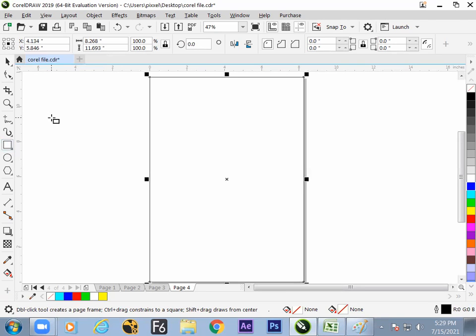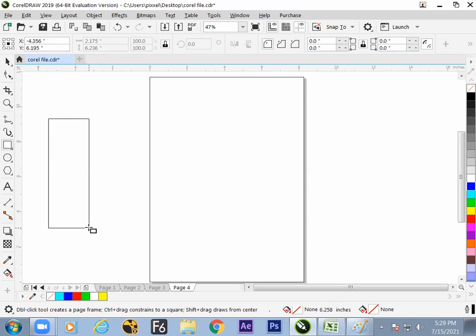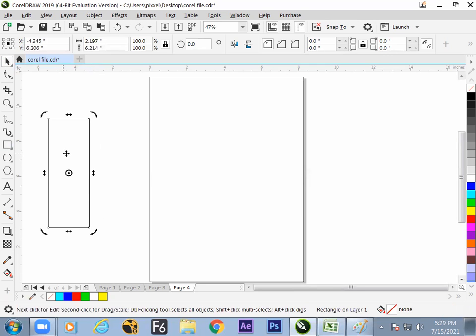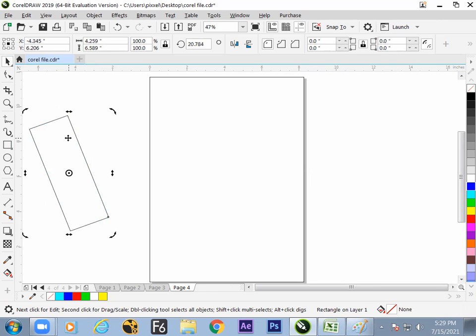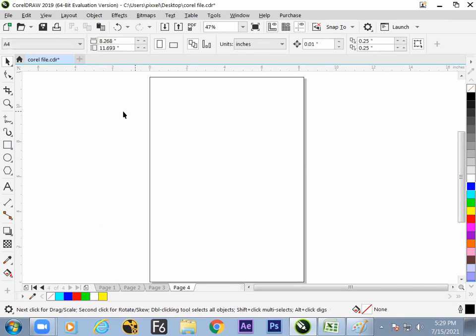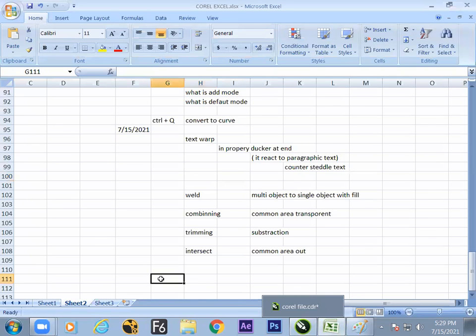Rectangle always makes the rectangle horizontal and vertical only. But if you need to make a rectangle angular, then we need to select this, double click this, get the rotation, turn around. This many works to be done. Instead of doing rotation physically, we can take a tool that is called 3-point rectangle.